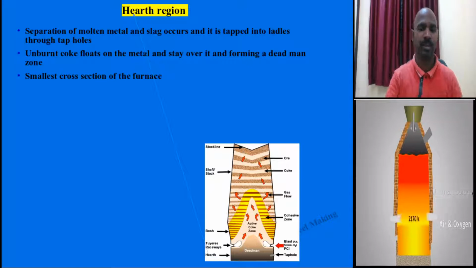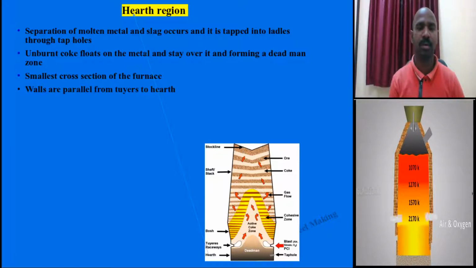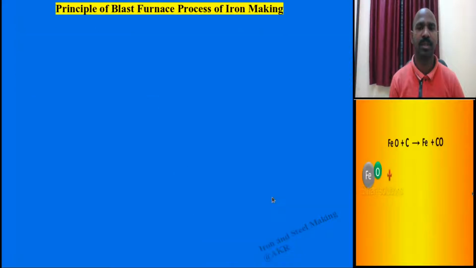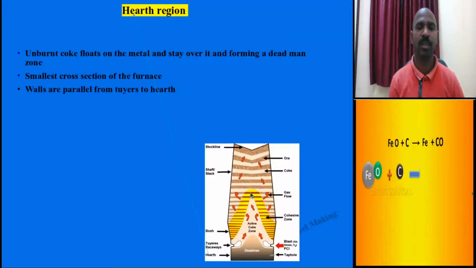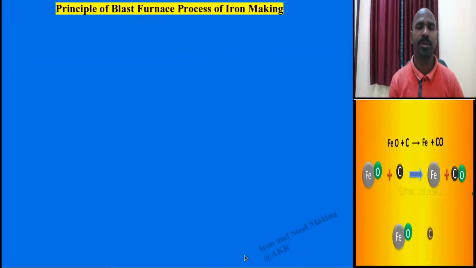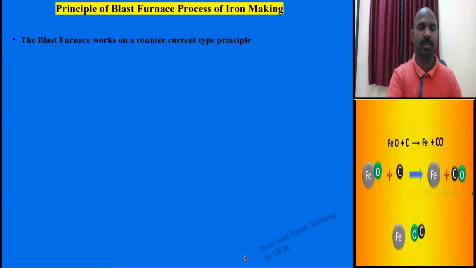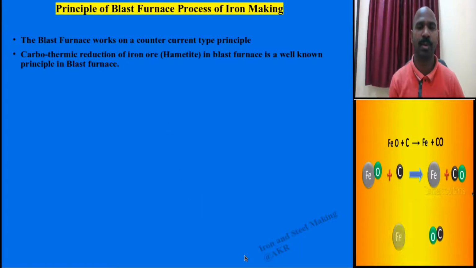In the entire blast furnace construction, the hearth zone is the smallest cross section of the furnace. The walls are also parallel, just like the belly zone between the stack zone and the Bosch zone. This is the situation in the hearth zone. Now let me speak about the principle of the